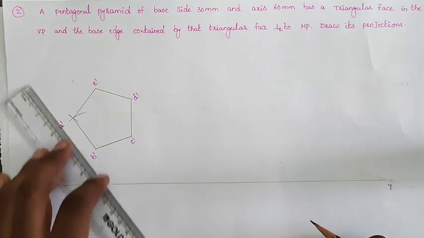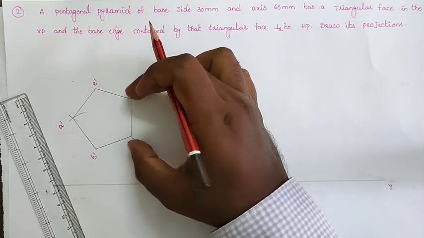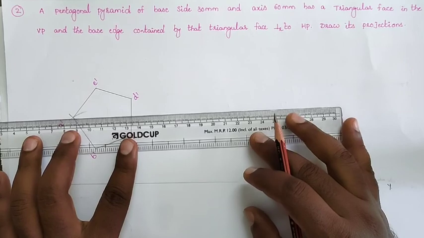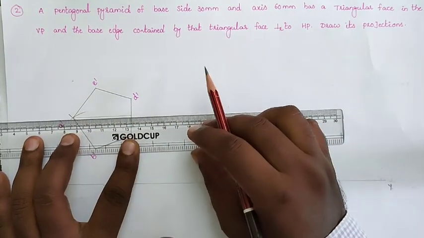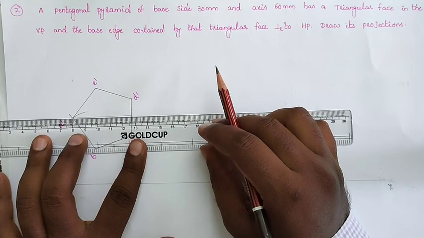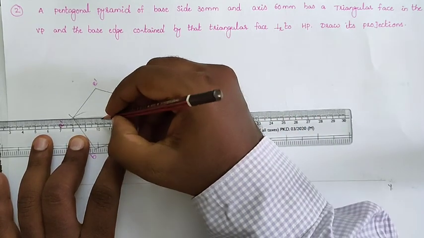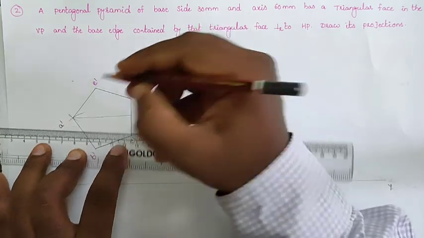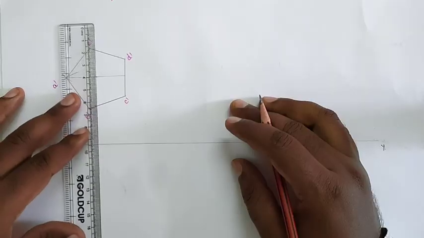So we can find out the center. How do we find the center? For the side C dash D dash, the fixed corner is A dash. We draw a horizontal line from A dash, measure that line length, and locate its midpoint. If the length is 47, you can take 23, and draw the center line. From that center we draw the axis line.